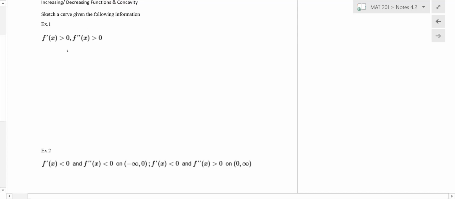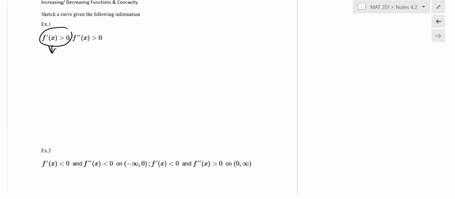So this is the mathematical detective time here. Okay, I give you clues. You find the missing function. All right, so here's what we have. Can you tell me what this would mean? The first derivative is greater than 0. What does that mean? Positive slope. Means what? Positive slope, but what does that mean the graph is doing? Increasing. Good. Okay, so you might write a note to yourself that the function is increasing